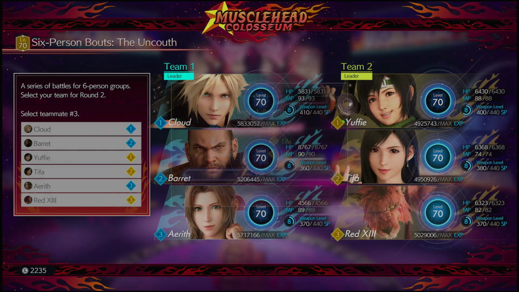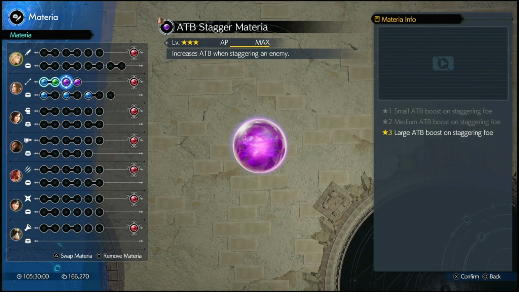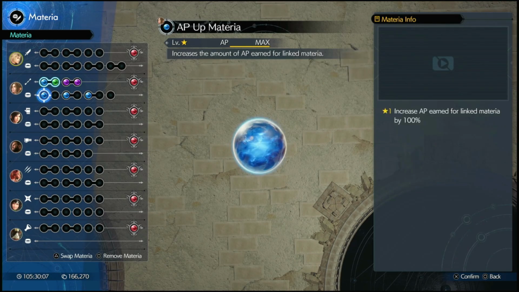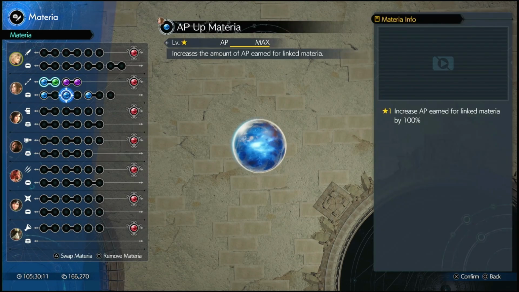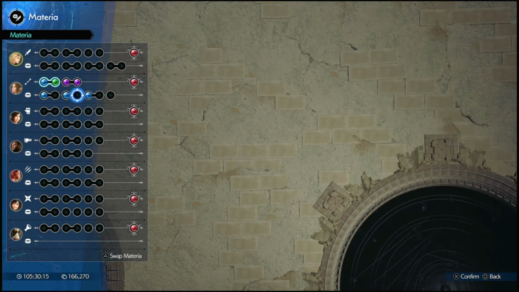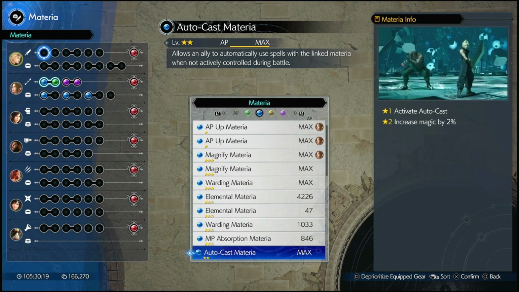What you want is to choose your characters really specifically. You want the first team to have Blizzard with Magnify and Stagger and First Strike, and the second team you want them to have Fire with Magnify plus First Strike and Stagger Materia. So once again, it is exactly the same build you will need. So 1 Magnify, 1 Fire, 1 First Strike Materia, and the Stagger Materia on the first person you are going